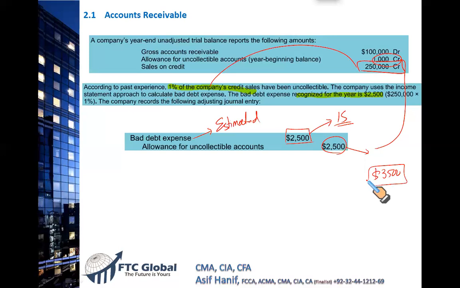I hope you remember the beautiful word I call the contra. This 3,500 is reported on the balance sheet when you report current assets. There you have inventory, account receivables, bank, blah, blah. At that point, you have your account receivables gross. And from this gross account receivable, you deduct this 3,500 and you report contra to AR. Absolutely, absolutely. You will report it as 96,500.